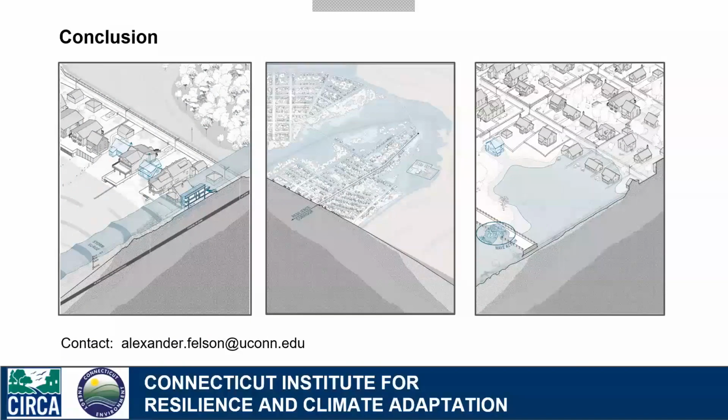And we want to emphasize that these are iterative. The goal with CIRCA is to work with the state agencies, the COGs, municipalities, engineering and design firms, and the public to move Connecticut forward as far as smart, informed decision-making around resiliency planning over time. We plan to upload these to our website in September for more public input.